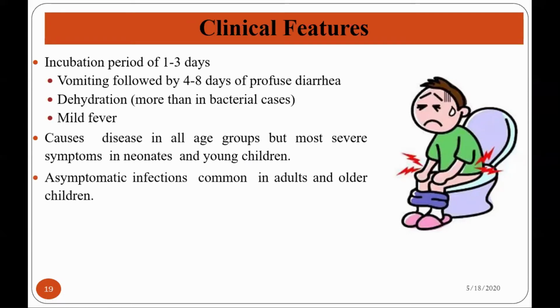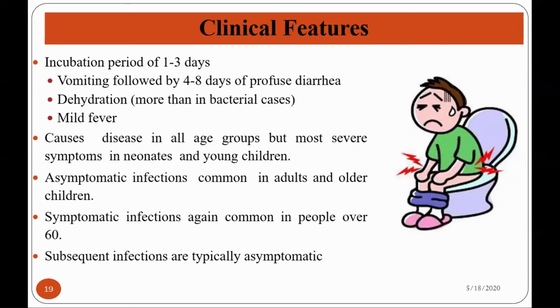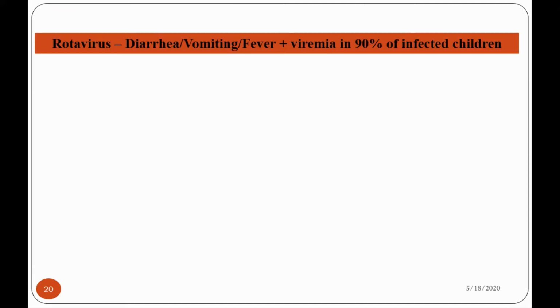When adults are infected by these rotaviruses, it produces asymptomatic infections. In adults and older children, it causes asymptomatic infections. In persons who are immunocompromised or whose immune system is debilitated, we can see symptomatic viral gastroenteritis. If a person is infected by these rotaviruses time after time, in such conditions viral gastroenteritis may be asymptomatic. Mostly, children are affected or infected by these rotaviruses.